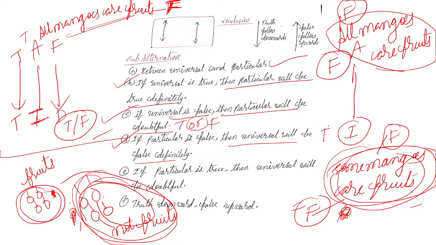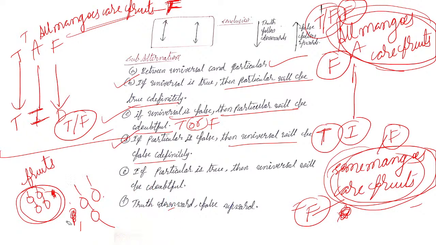Suppose "some mangoes are fruits" is true. Some mangoes are fruits is true. But we cannot say whether all mangoes are fruits or not. We know only about some mangoes, but we don't know about all. Either it may be true or false. That's why,